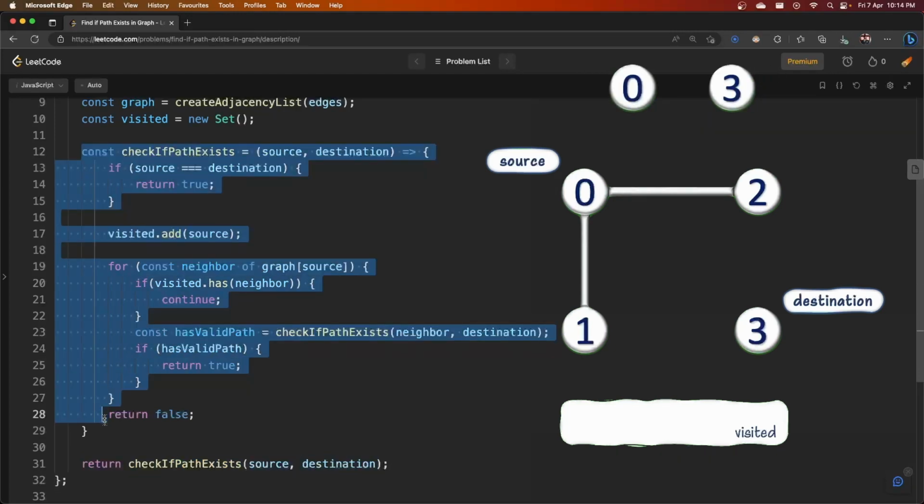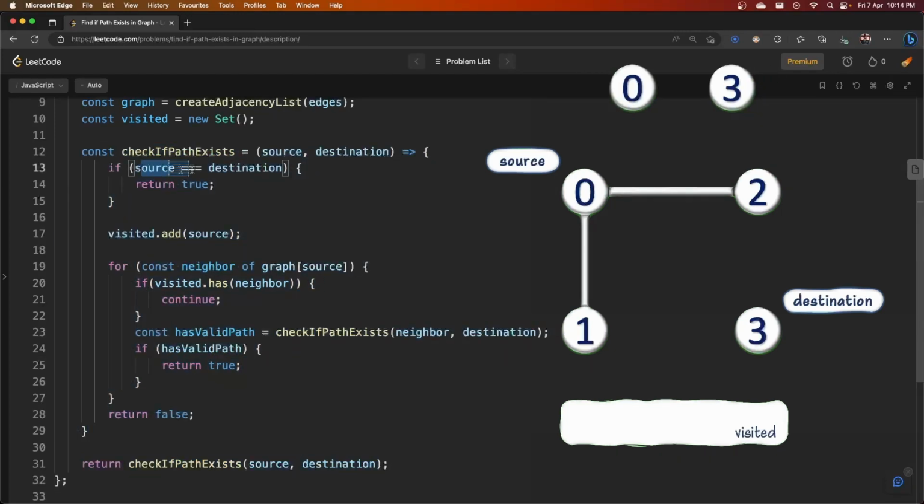Now, let's understand this recursive function in detail. First, we will check if source 0 is same as destination 3 or not. No, so we move ahead. Now, since we are visiting 0, we add it inside the visited set. Then, we will go through all the neighbors of 0. We pick the first neighbor as 1 and check if 1 is already visited. No, it is first time we are seeing 1, so we move ahead and call our same recursive function now